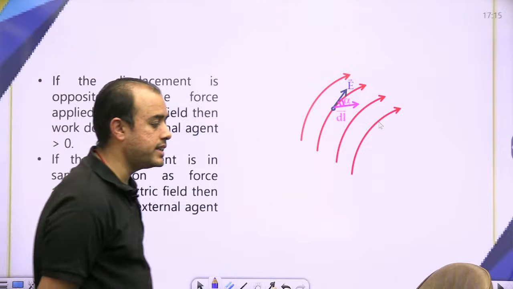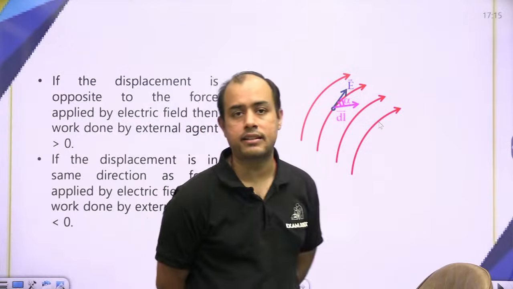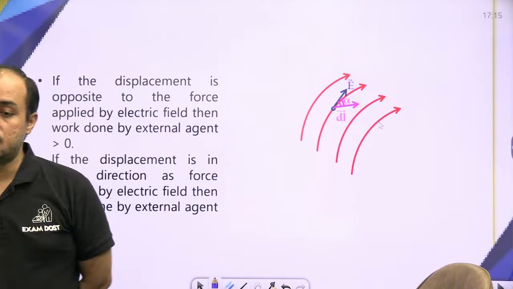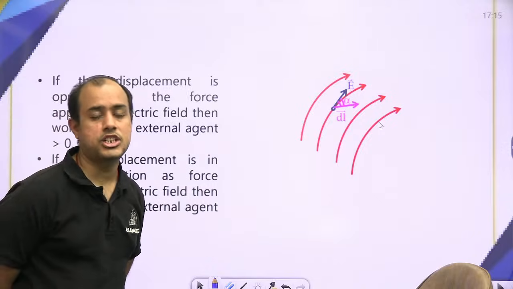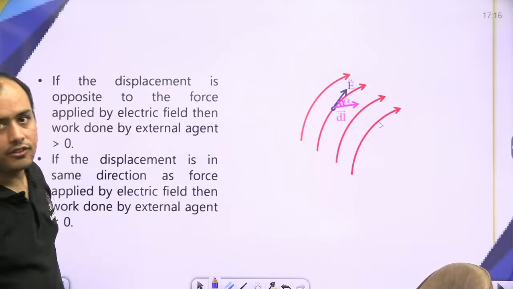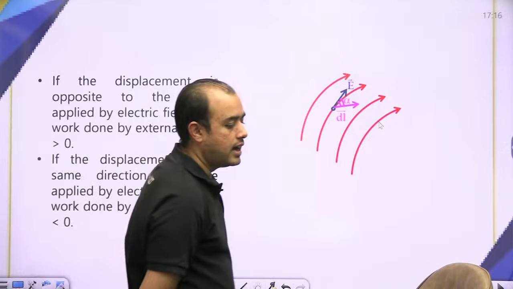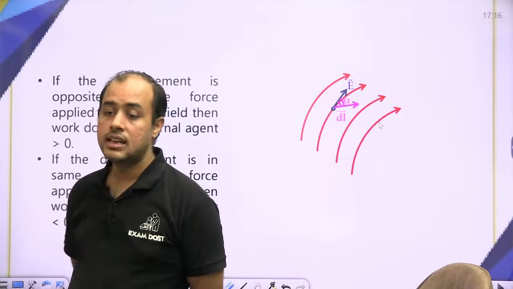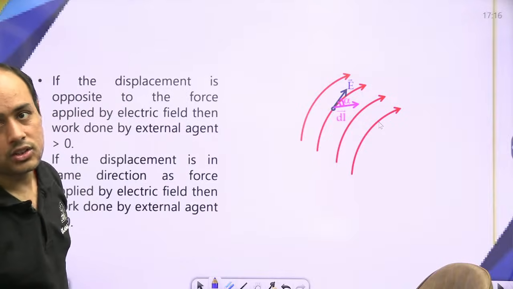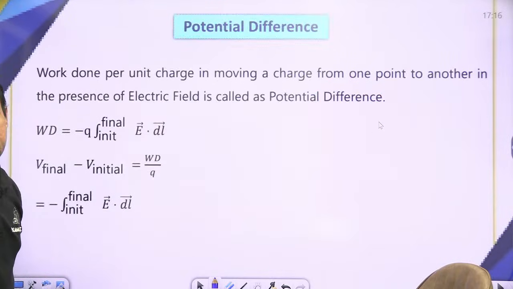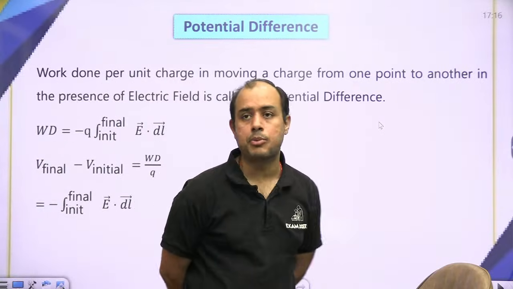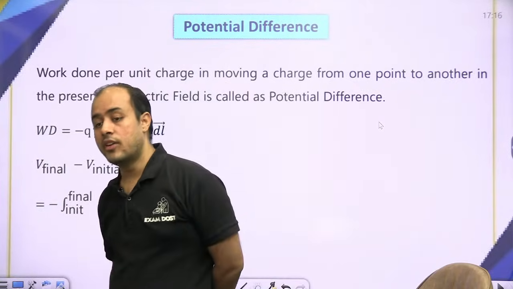And if displacement is in the same direction as the electric field, that means the charge is moving in the direction of electric field, in the direction of natural tendency, work done will be negative. अगर चार्ज उसी डायरेक्शन में मूव करे जिसमें इलेक्ट्रिक फील्ड के कारण वो करना चाहता है, तो ये आपका वर्क डन नेगेटिव आता है। तो वर्क डन पर यूनिट चार्ज इज कॉल्ड एज द पोटेंशियल डिफरेंस।